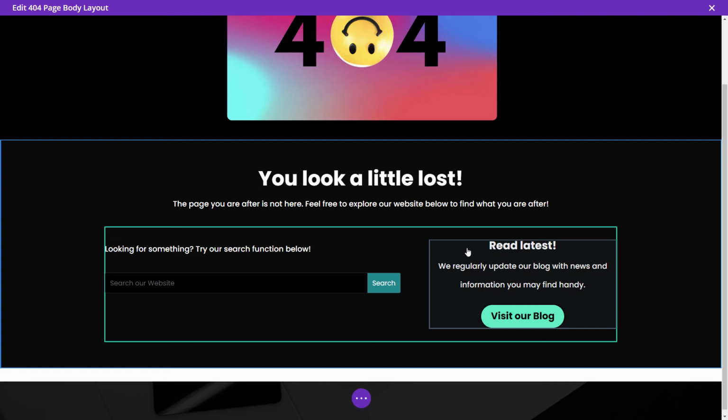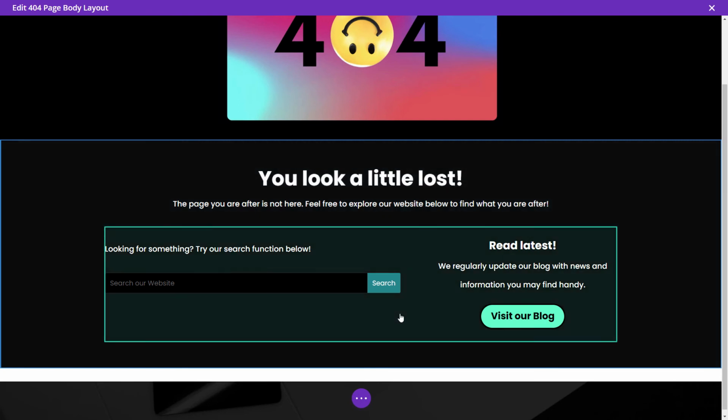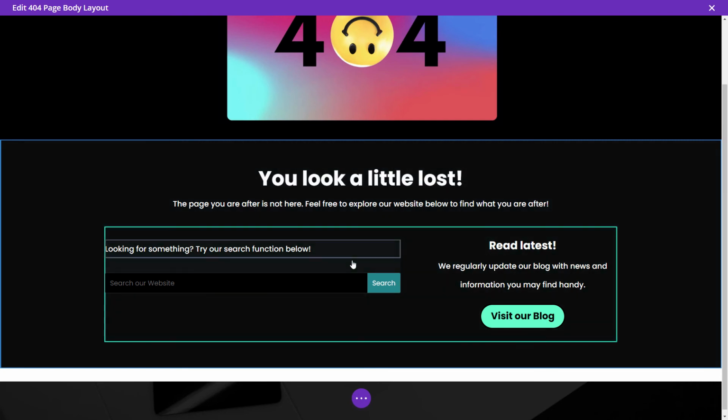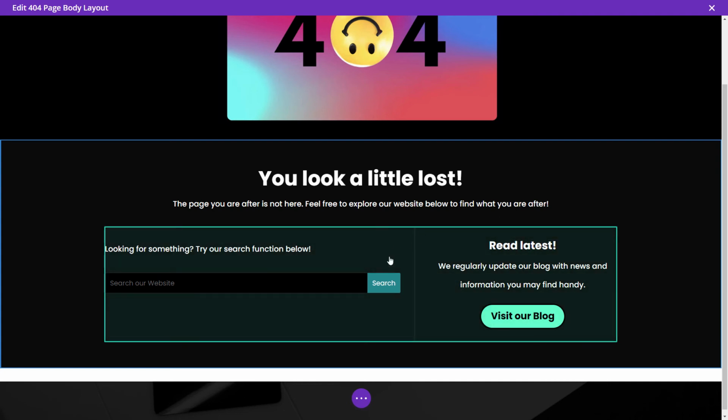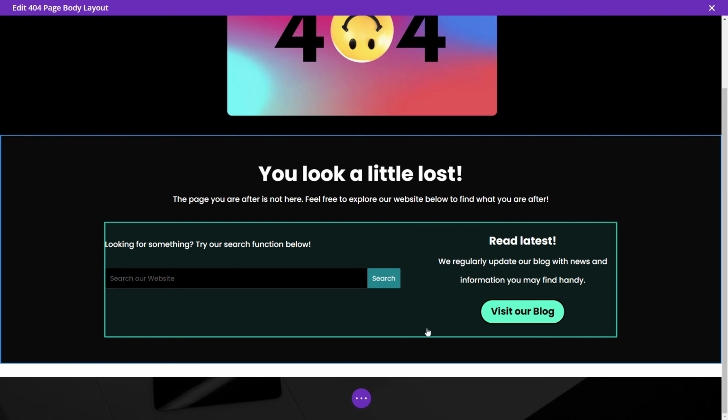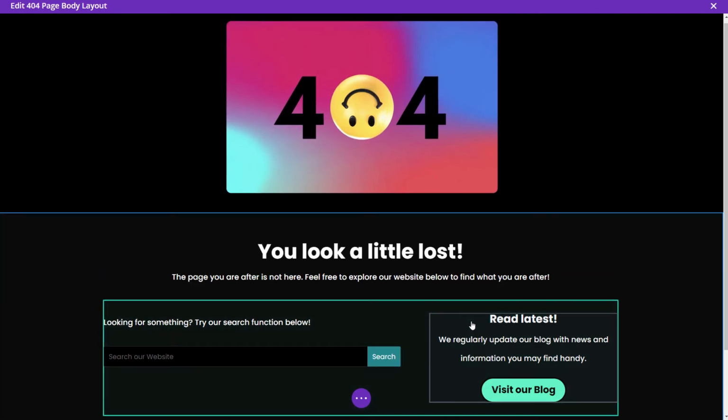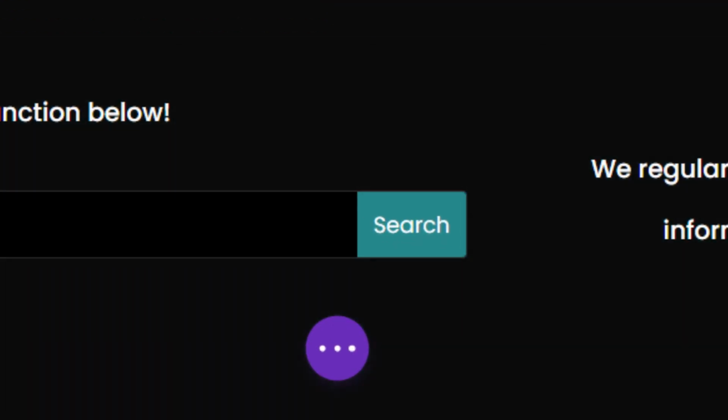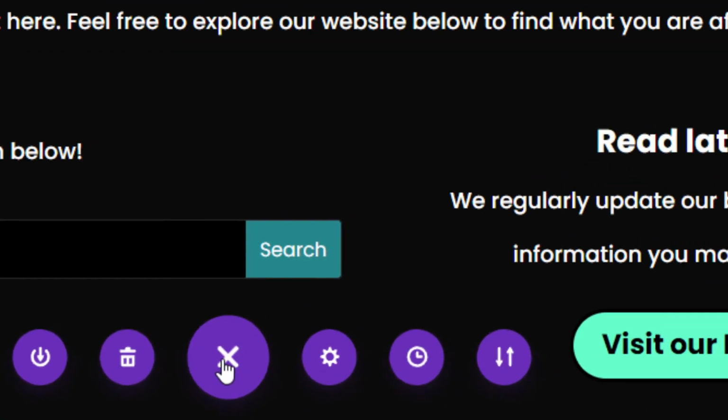I would recommend putting onto this 404 page, maybe under something like this, where you're giving people the option to really go after what they want first. But just a handy little tool using your 404 page to help improve the user experience for people who get lost. So now that I'm done with that, I'm going to go down here to the little purple